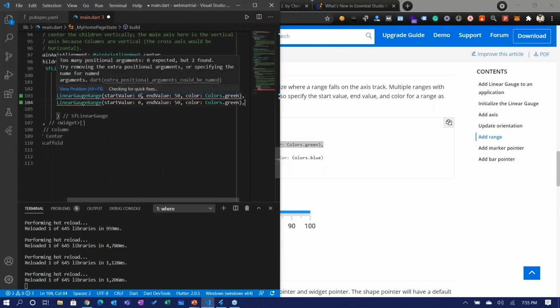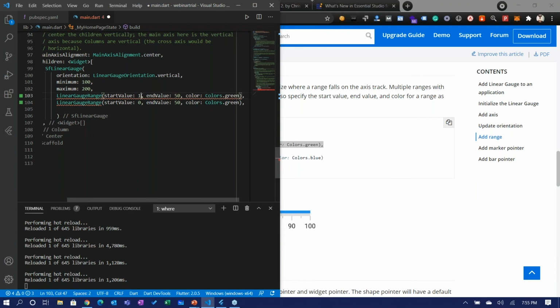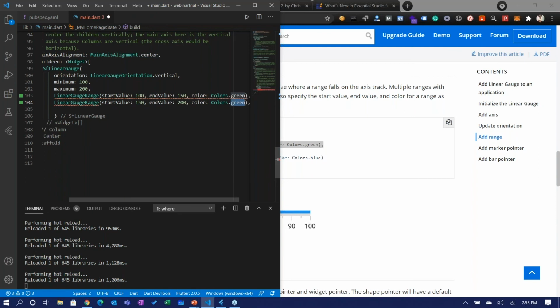The start value, since our range starts from 100, I'm going to set as 100 and the end value as 150. And the second range starts from 150 to 200. And let me change the color to blue. Okay, there you go.